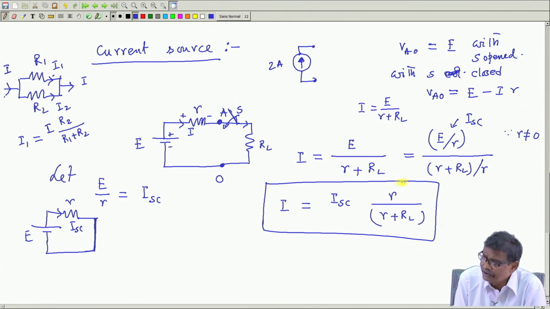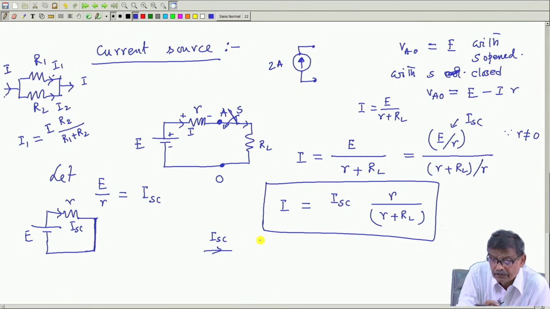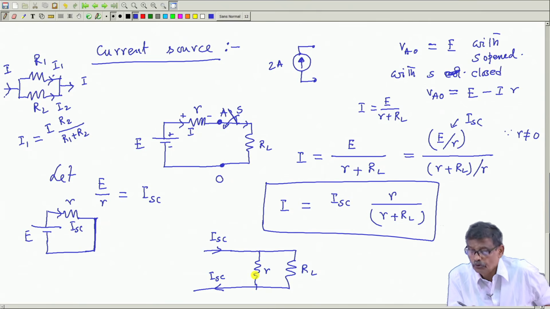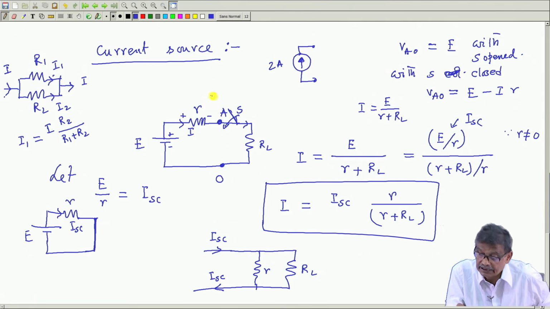That is okay, that is fine, you divide by small r, then you get this expression and you say that okay, then I think of this formula and say that okay, ISC is coming, then there are two resistances in parallel, R into R L, and in this branch this current is ISC, is not? So, to find out the current flowing through R L in this circuit,